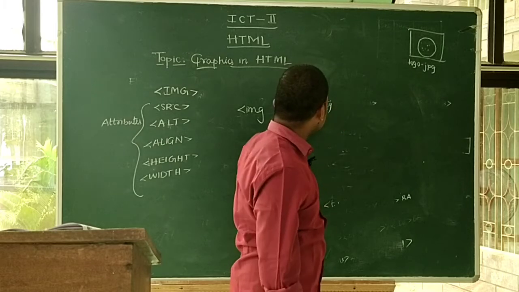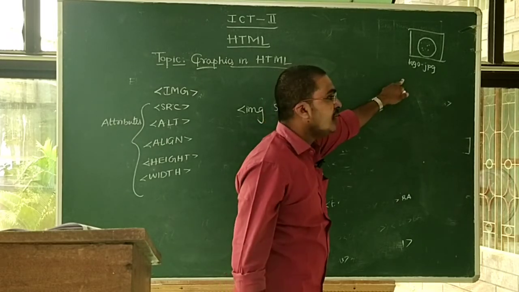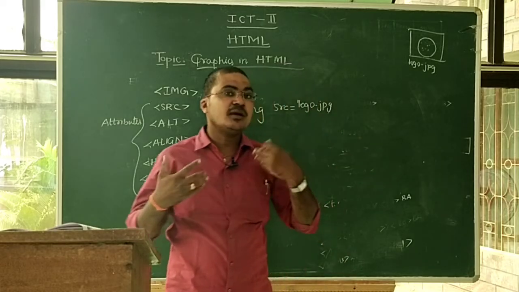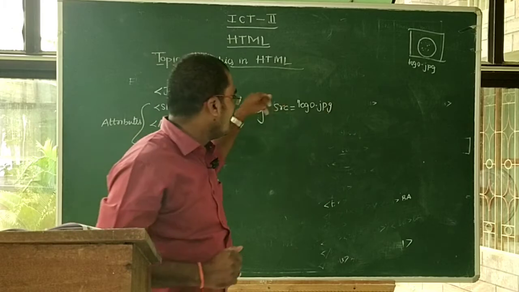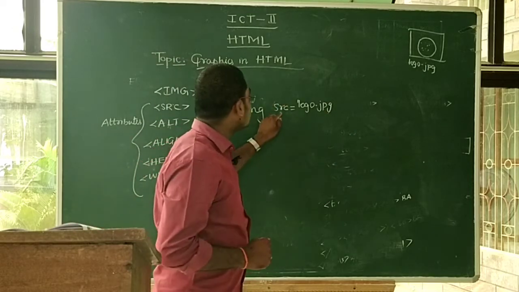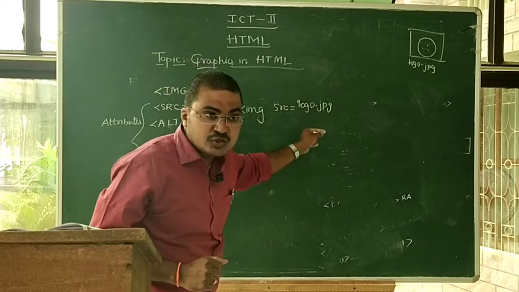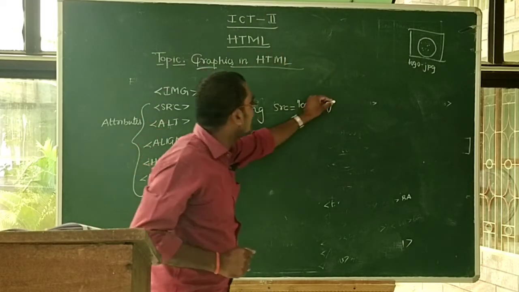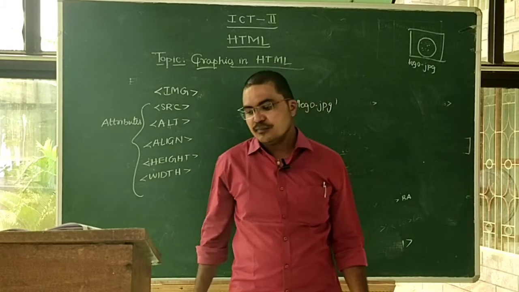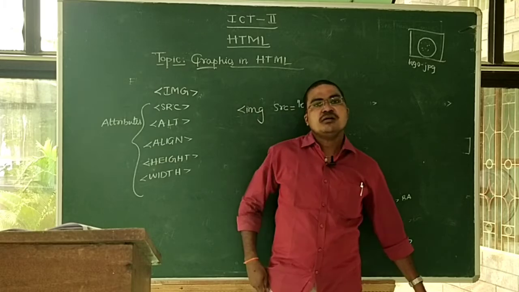Logo.jpg. So this is an image title. We cannot put just any image name. So many images are there in my computer. Which particular image do you want to show in the web page? That's why src helps. Src always helps to specify which image you want to show on a web page. The particular image name we can arrange in src. Okay, and the second one, alt. Alt is called alternative.